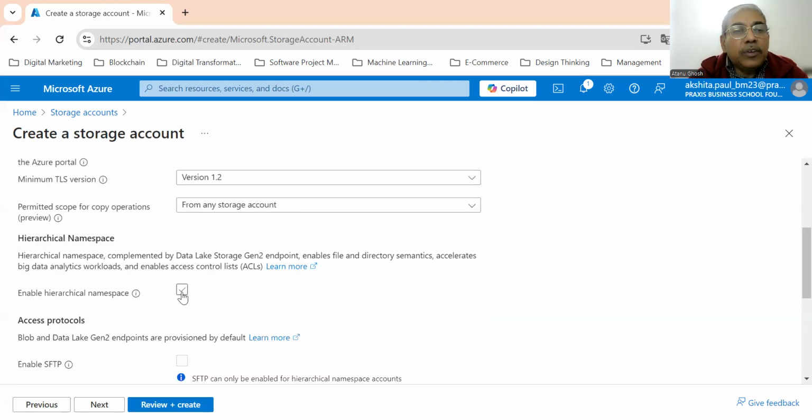important setting, which is called enable hierarchical namespace, and you must enable this. What is this? This means that you will be able to manage your data lake through some directories and folders. Remember that whenever we are having a computer, we usually manage our data through some directories and folders. Now, while we have got very used to it and we take it for granted, when you are having a new storage, it is not something that is for granted. You have to build it